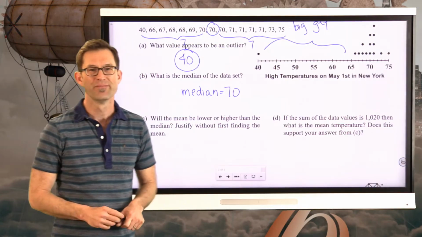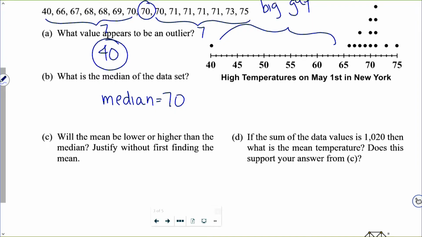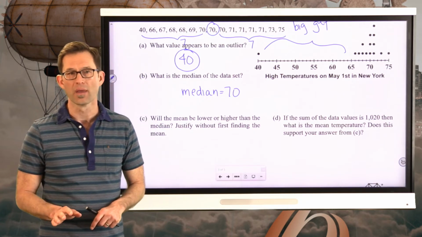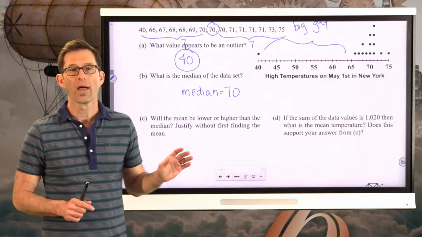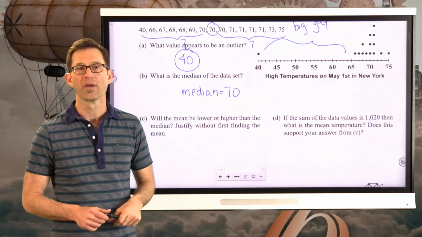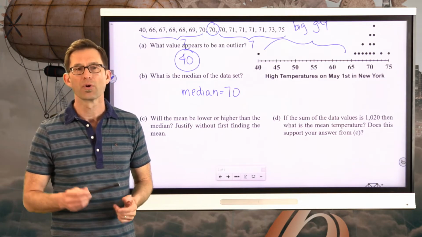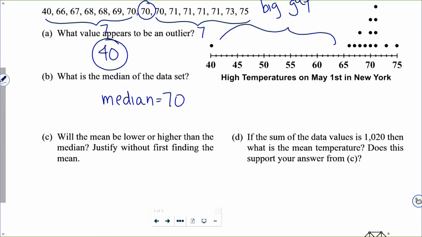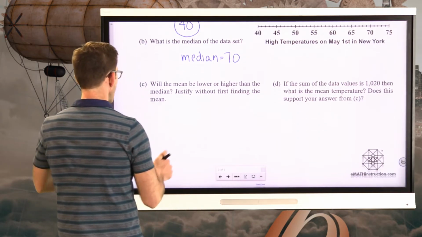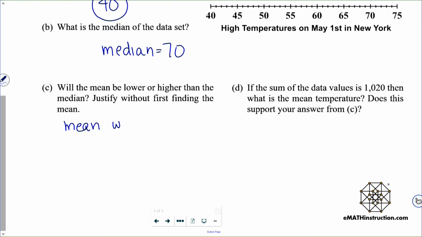Now, let's talk about letter C. Will the mean be lower or higher than the median? Justify without first finding the mean. In other words, without even calculating the mean, I claim you can tell me whether the mean will be higher or lower than the 70 based on the fact that our outlier is sitting there at 40. Pause the video now and make a prediction. Well, the mean will be lower than the median